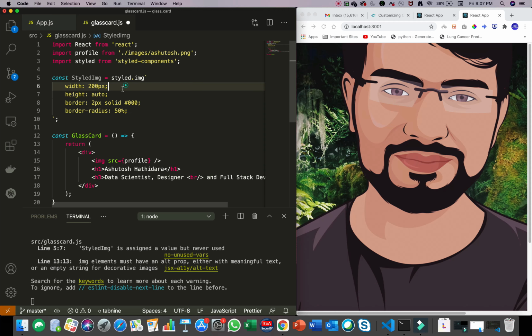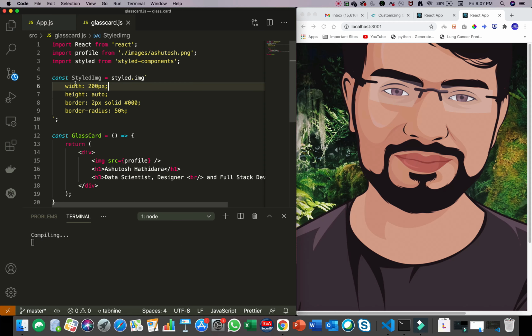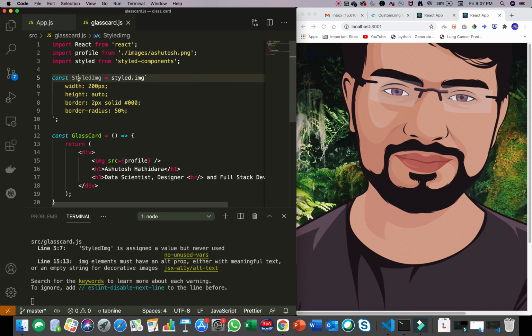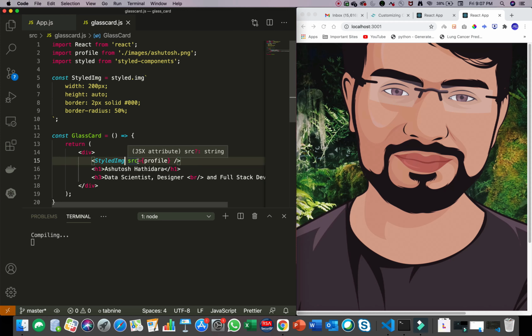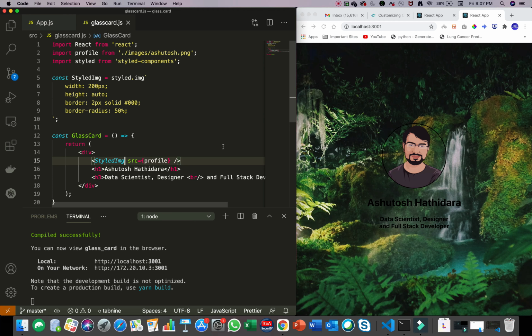So how does it know that it is this one? Now StyledImage is your modified image element. You can copy this component, and instead of the image tag, you can directly paste StyledImage. Now you can see that your image has the new properties which we have written in this CSS code.